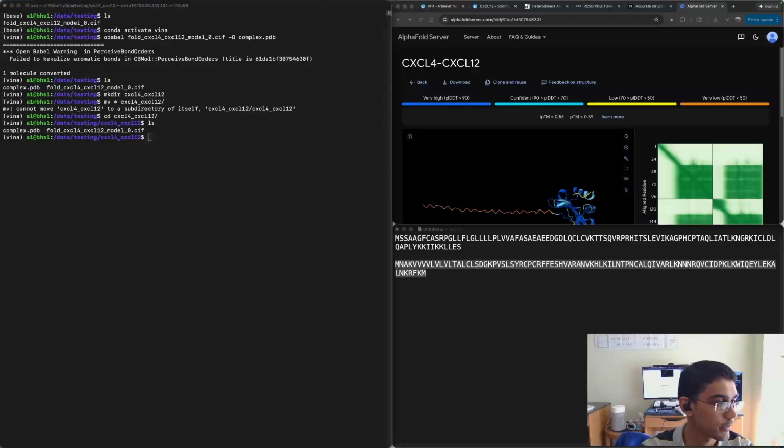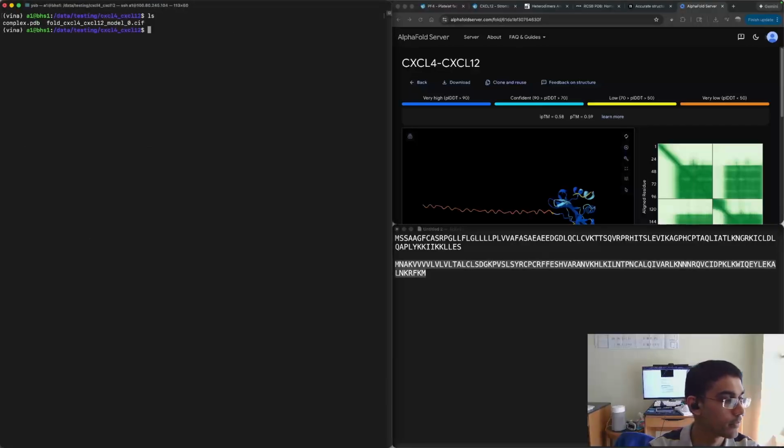I'm going to be copying over some commands and explaining them. Okay, so now we have our complex.pdb file and our CIF. We're not going to use the CIF anymore. We're going to move forward with the PDB. So let's use GROMACS. We're going to convert this PDB into files that GROMACS can understand. So let's put in our file, and we're going to output